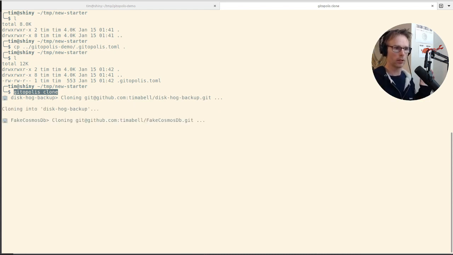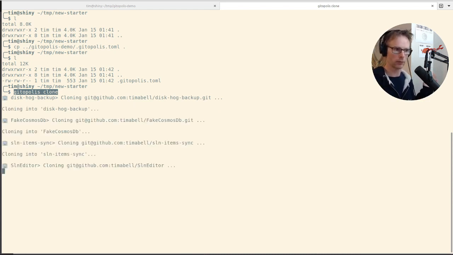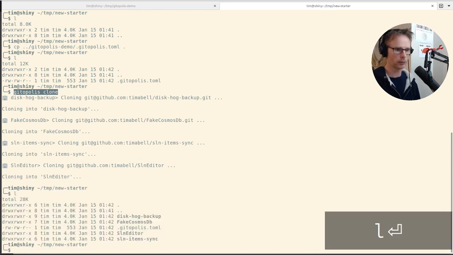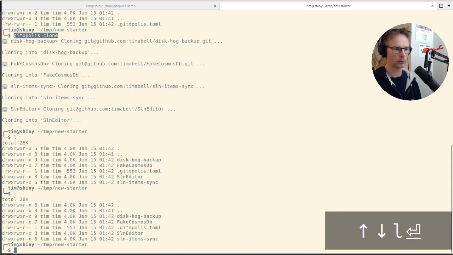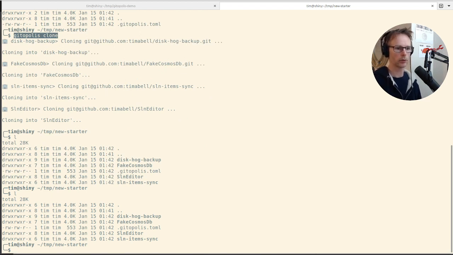Gitopolis clone. Amazing. And then that's it. Your new starter has all the right repos for their bit of the project. It respects the tags as well. So let's say